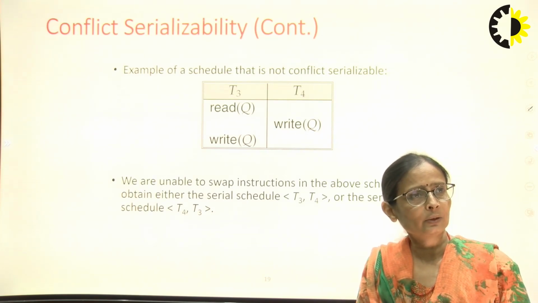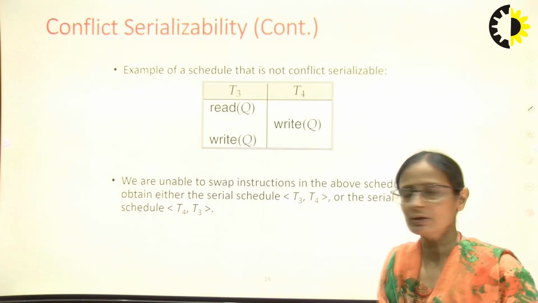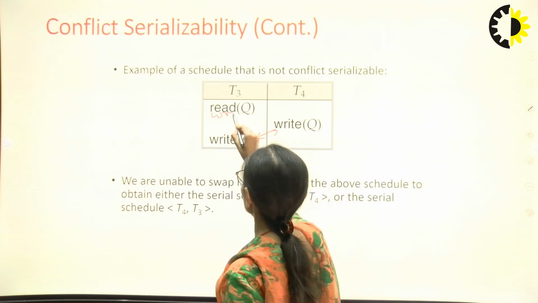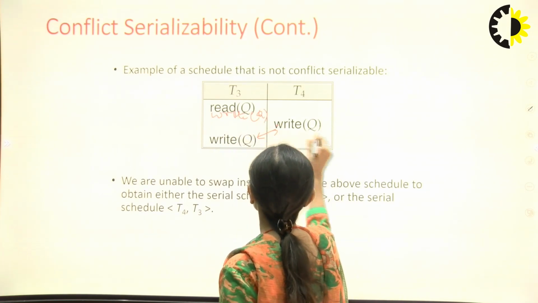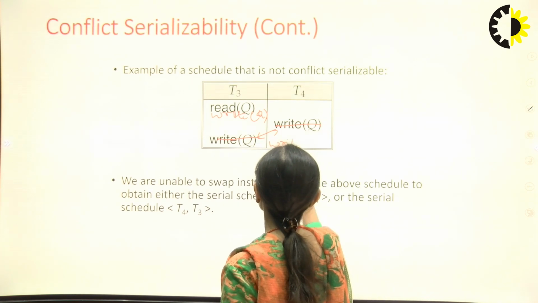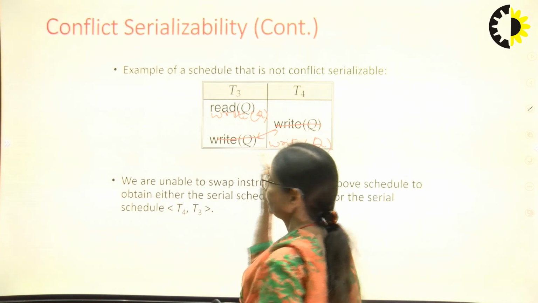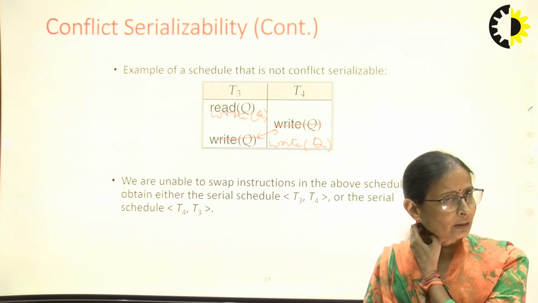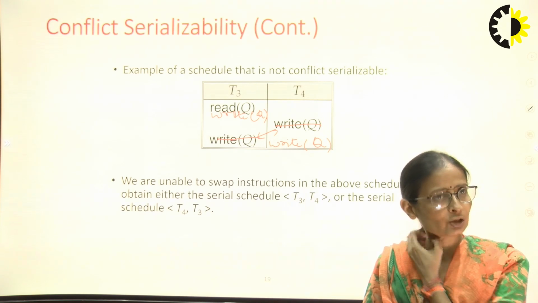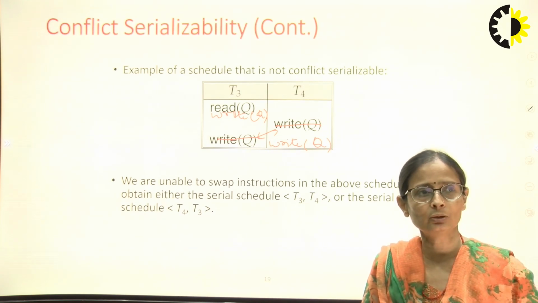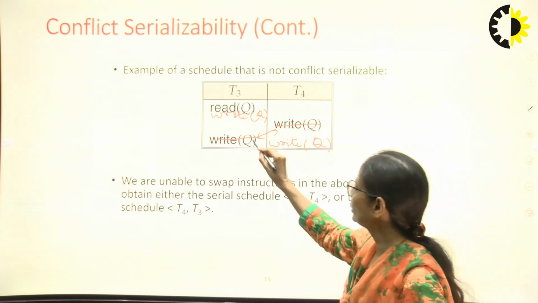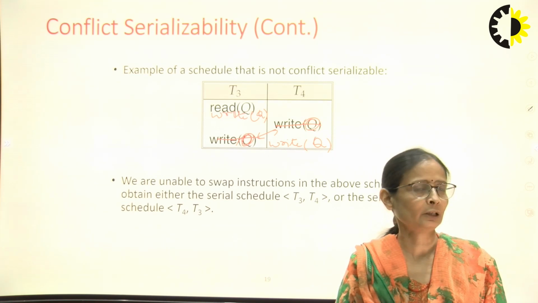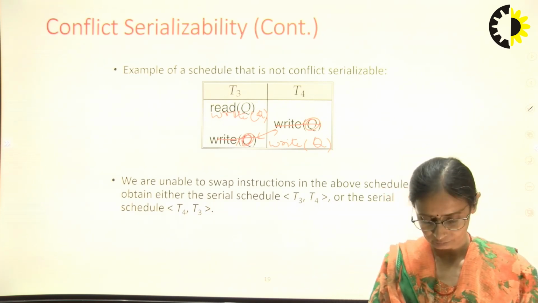And if you look at this, this is not conflict serializable because you cannot swap these two instructions. You cannot make something like this, because if I make this order and successfully come to this conclusion, then I could say that this schedule is a serial schedule, but I failed to generate a serial schedule. Why? Because we cannot. And why? Because the data item is the same, isn't it? So it is a non-conflict serializable schedule.